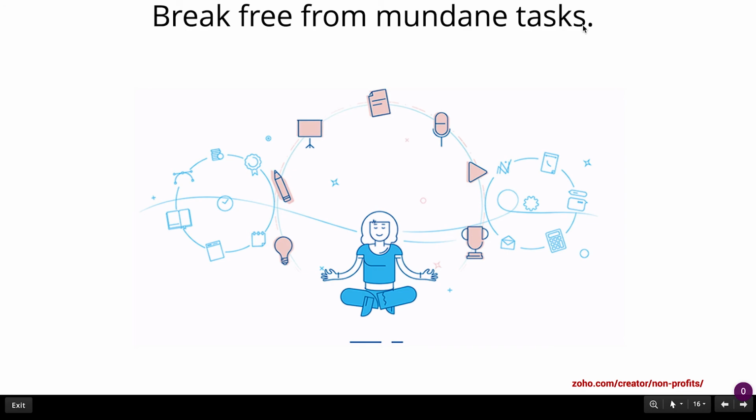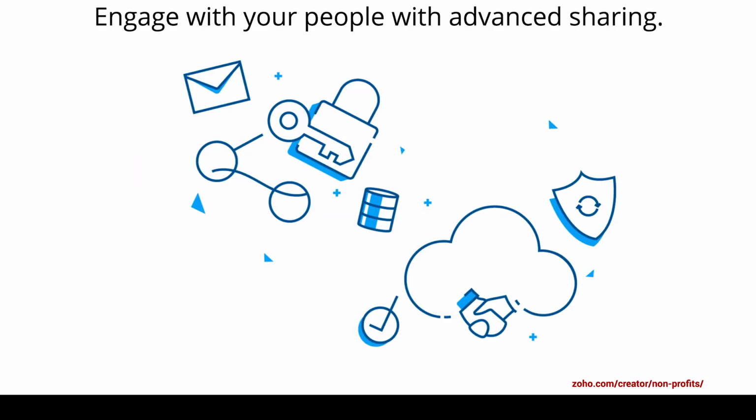Break free from mundane tasks. As we saw earlier, we can automate as many routine tasks that we want. For example, whenever a donor donates, you can automatically send the donor receipt to them. So this can be configured on Zoho Creator. It's just a matter of a few minutes. Then you can even schedule monthly newsletters that would go to all your stakeholders, that is to your volunteers, your members and your donors. So this can be done so that you can send newsletters either in the beginning of the month or in the end of the month. So this also can be done on Zoho Creator.